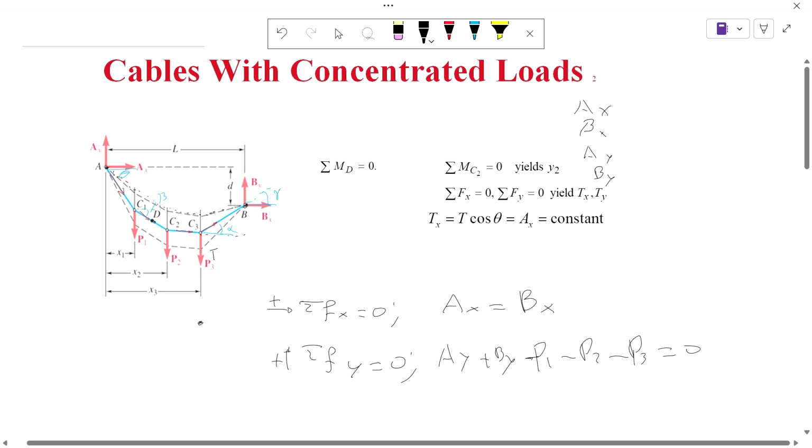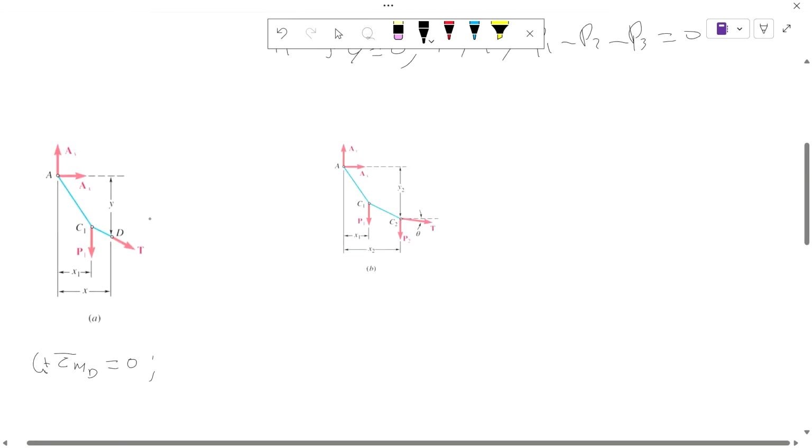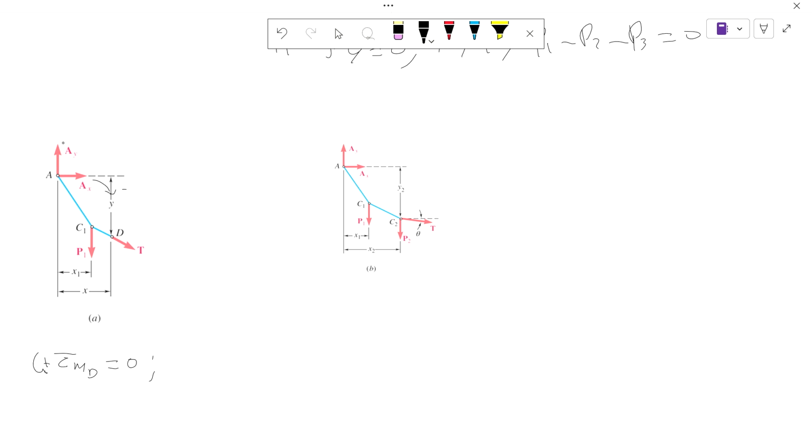If you care about this point right here, you would set it up as this is rotating clockwise, so this is a negative moment. This is rotating clockwise, so this is a negative moment. This is rotating counterclockwise, so this is a positive moment. And t is passing through the point, so this is 0. What we have is, let's say, the positive one first. So P1